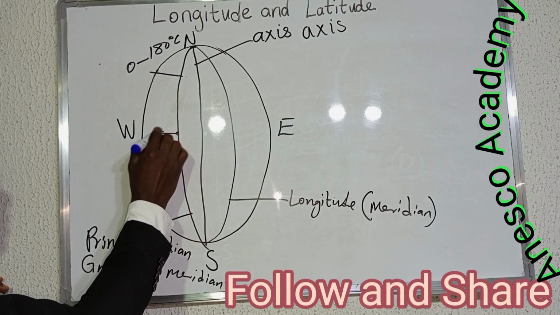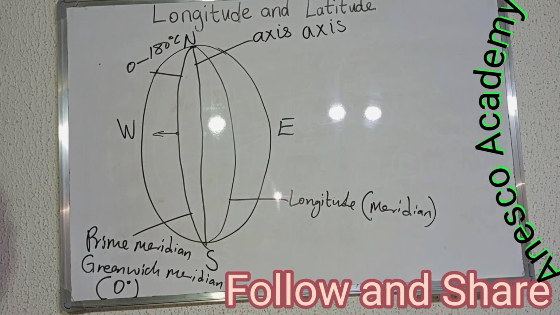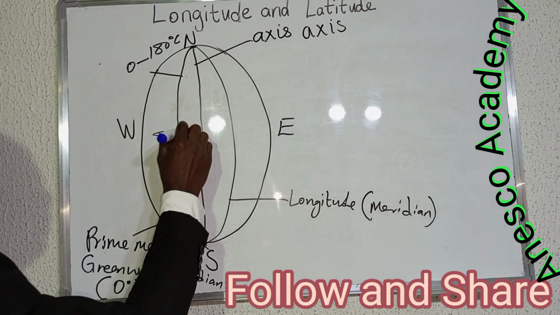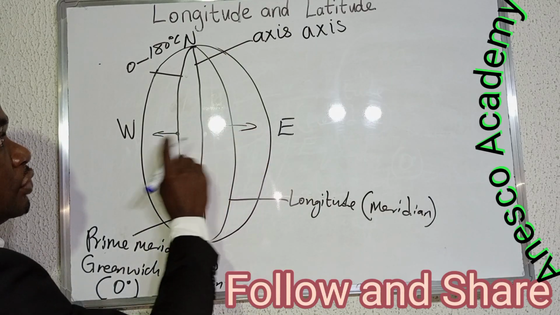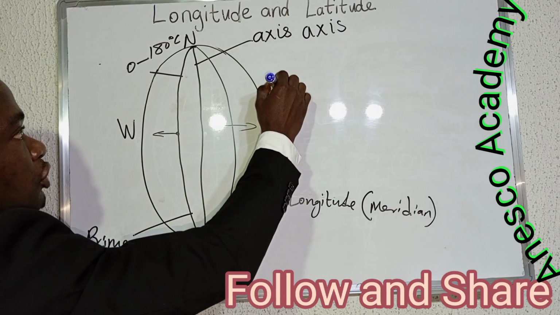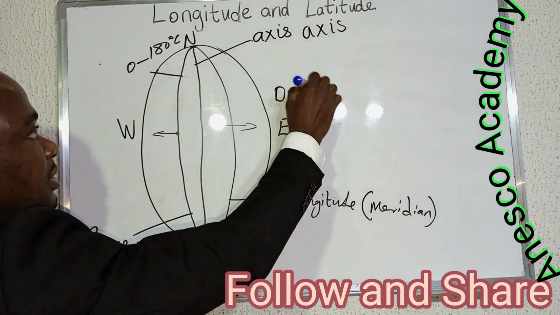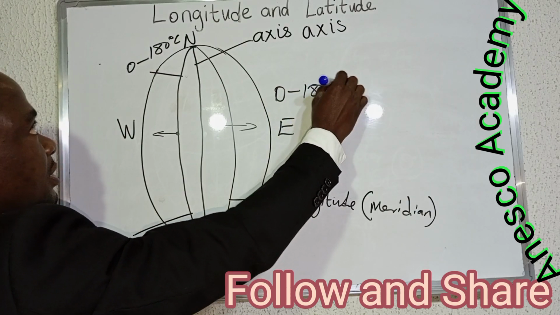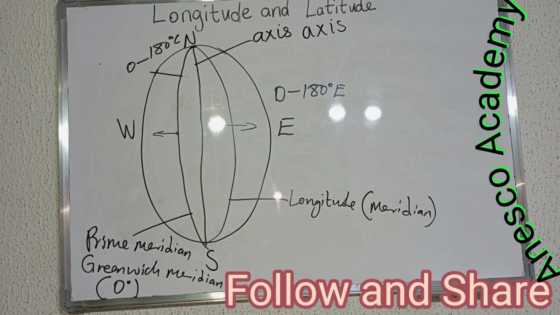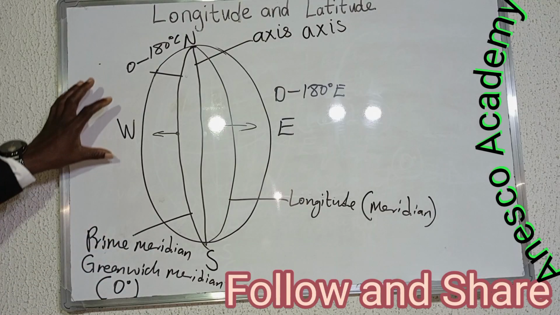Now moving like this, it will increase from 0 to 180. Same thing in this other direction. It will increase from 0 to 180. But here it will be 0 to 180 degrees east, while this side is west. All right. So that is it for